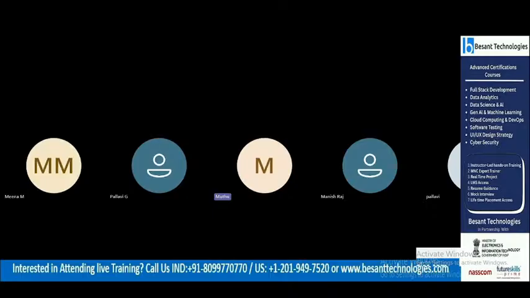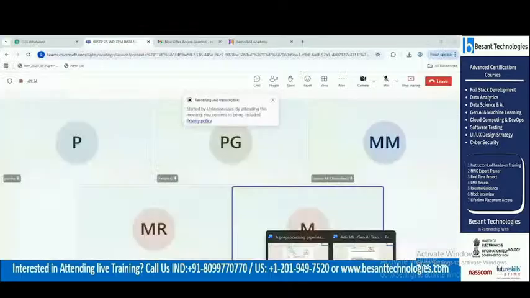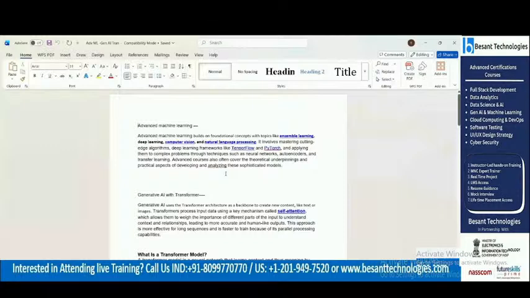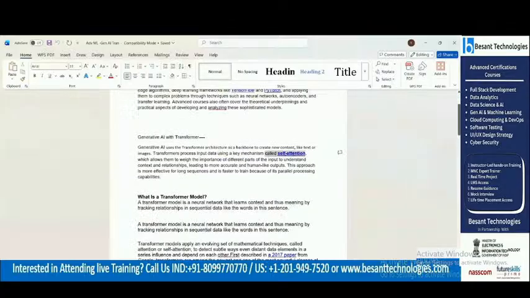Interview questions, R squared, linear regression, random forest. Okay, generative AI with transformer. So in Gen AI, we are using the transformer architecture. This particular mechanism is called self-attention. This concept you have to remember in Gen AI, very important.